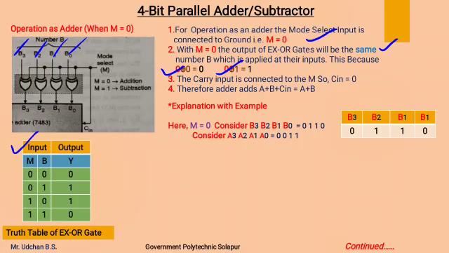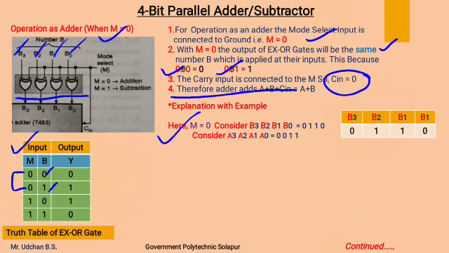Again, the truth table of the XOR gate is also shown over here, in which we have to observe these two combinations, that is, when M is 0 and B is going to change, it will be either 0 or 1. Now we will see in detail, during the explanation of an example, how the input number B will remain the same at the output of these XOR gates. The carry input is connected to M, so carry input is also 0. Therefore this circuit acts as an adder which will add A plus B plus Cin, that is, A plus B. Now we will take one example